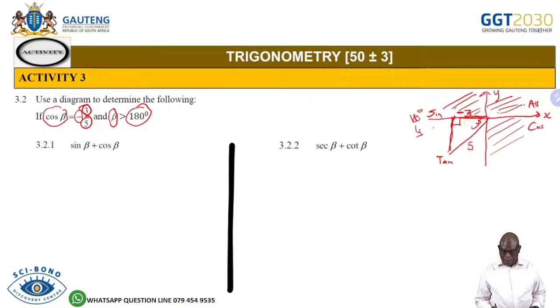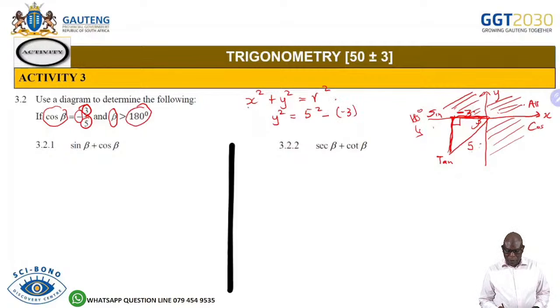Obviously, it is true that that x there can be negative. So can you see now I have my -3 and 5. I'm running short of that y value. How am I going to get the y value? I use the theorem of Pythagoras. I've got the x, I've got the r. I need the y. So y squared will be equal to r, which is 5 squared, minus, remember I'm taking this to that side,